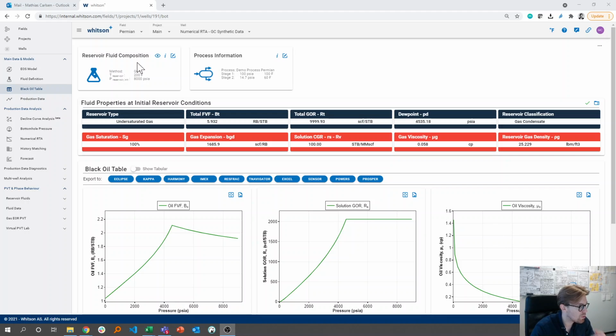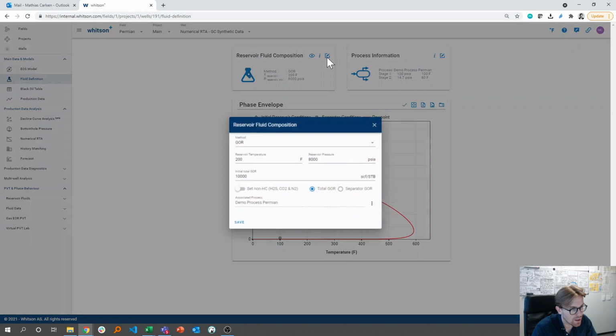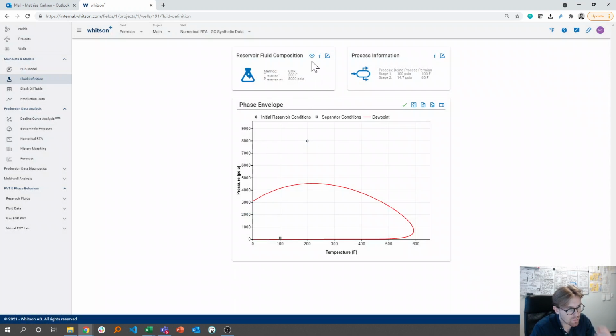Hey Curtis, just wanted to follow up on this question about how you would do this workflow for a gas condensate reservoir. So I'll just do that on a very synthetic data set right here, where we initialize a well with 10,000 initial GOR. So that's 100 barrels per million type of fluid, and this is the associated phase envelope for that particular